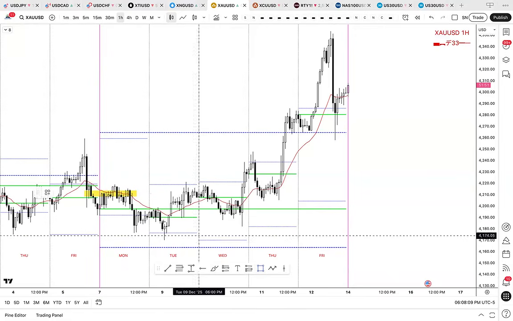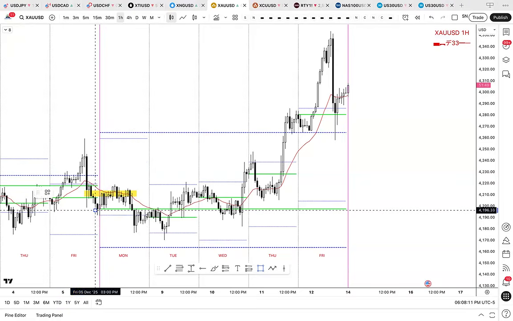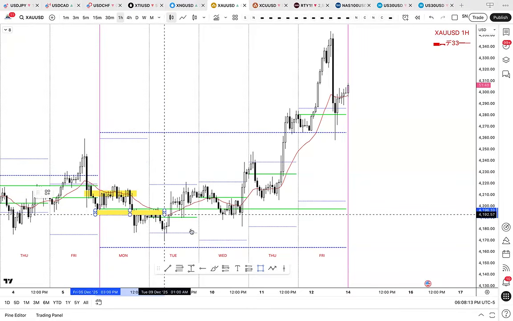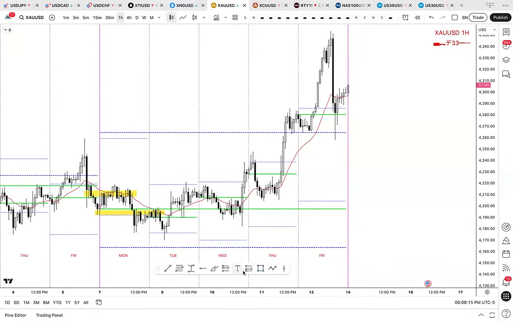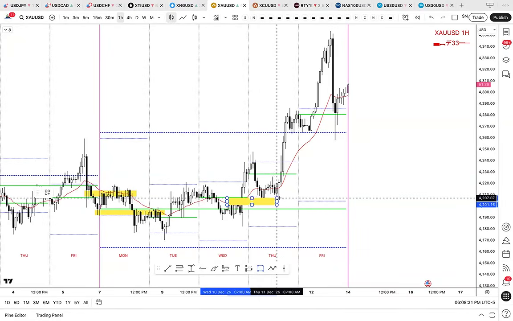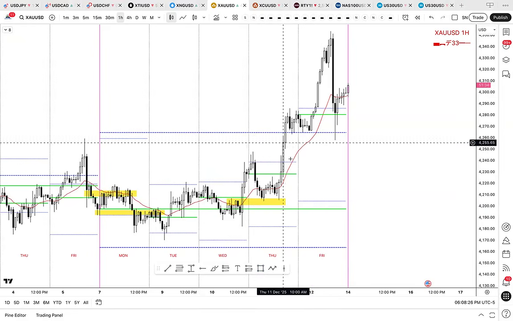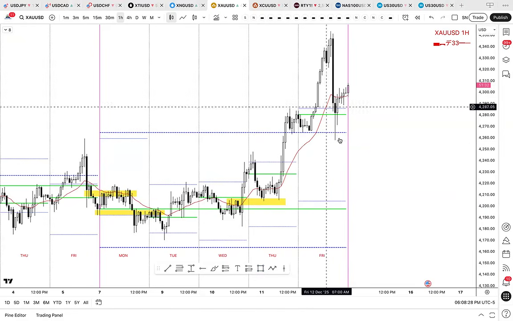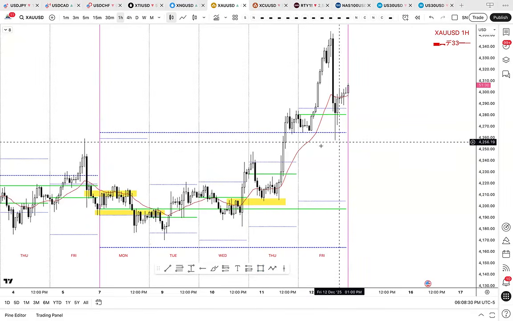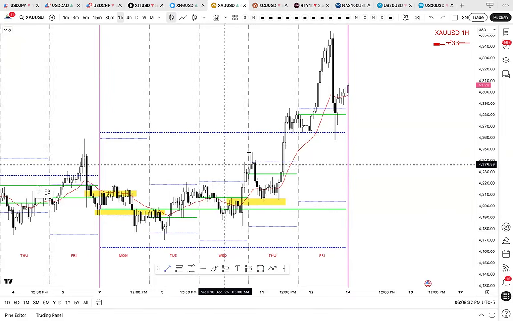I'm looking for breakout, pullback scenarios. I took another short in Asia. I'm looking for breakout, pullback scenarios. I took the long trade on Thursday. Did I hold it? I should have. And then I went short on silver. But point of the matter, I'm just showing you